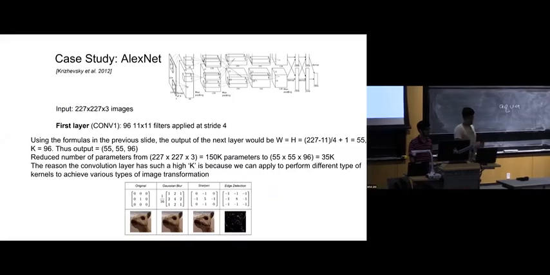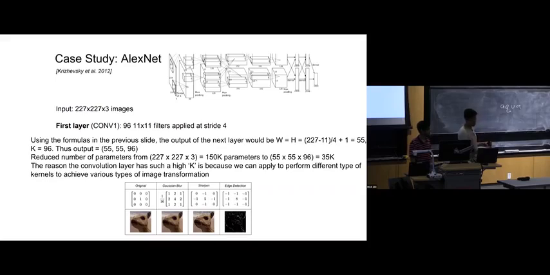Yeah, so if we look at a network that uses convolutional layers, we can look at AlexNet. This is one of the best image recognition networks at the time. And so using the formulas in the previous slide, we can see that if the input layer was 227 by 227 by 3, then if we were to use a convolutional layer with an